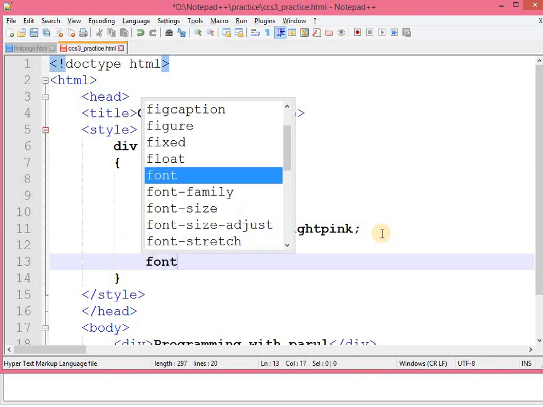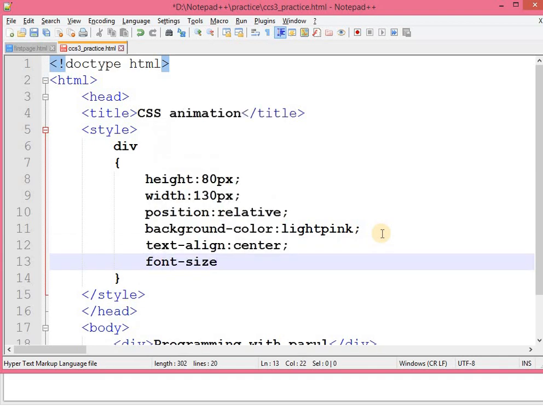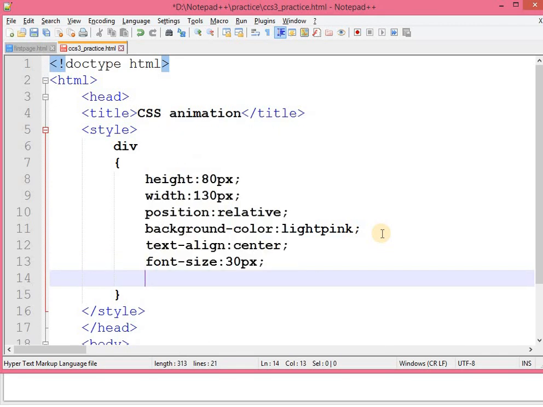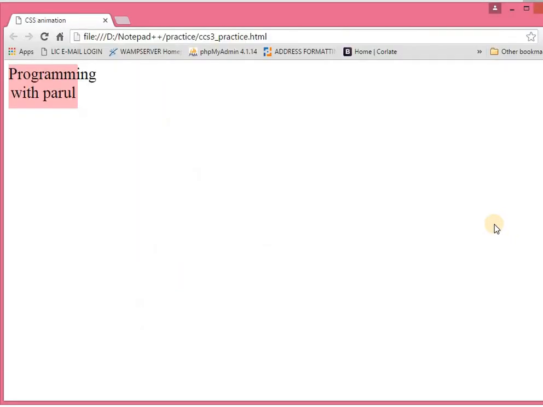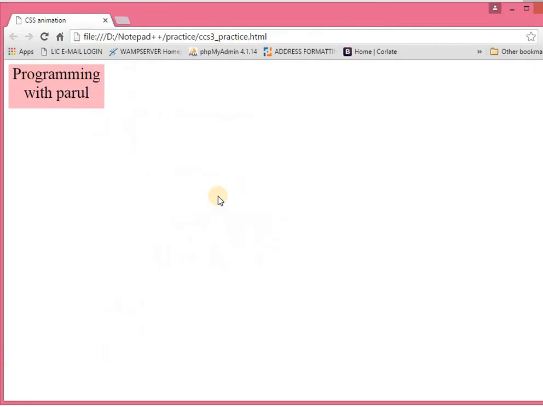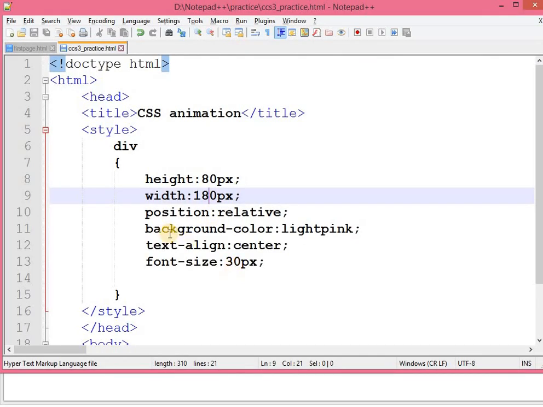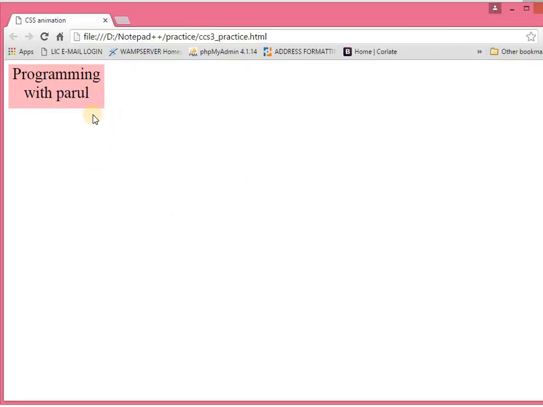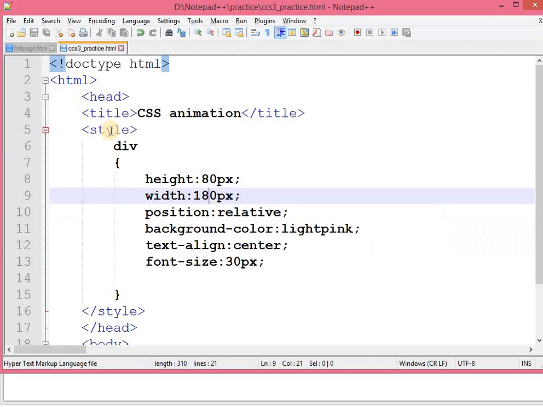After that font size, let me take it 30 pixel. Width is 150. Still not appropriate. Okay, got it. So this is how it looks over the div tag, programming with Parul.